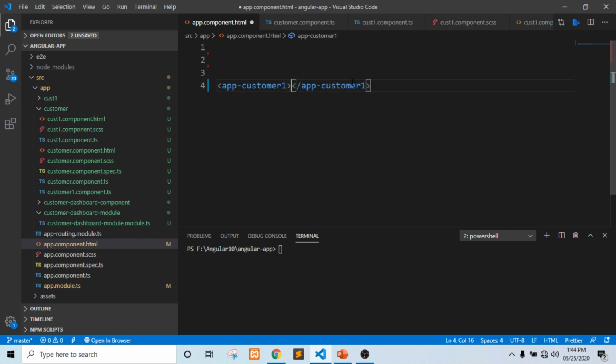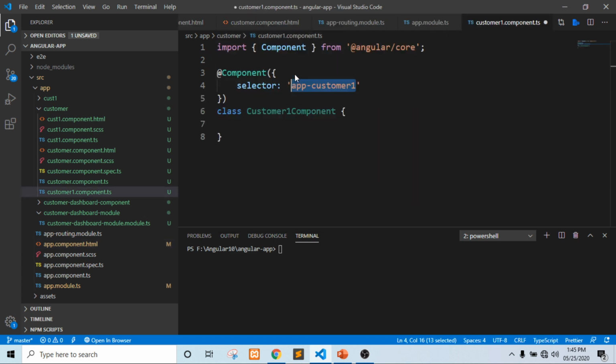So that selector helps us use the customer component by rendering it in different HTML files. Right now I am putting the app-customer-one selector in app.component.html. As we have created app-customer-one, again I will come in here and close the other files.